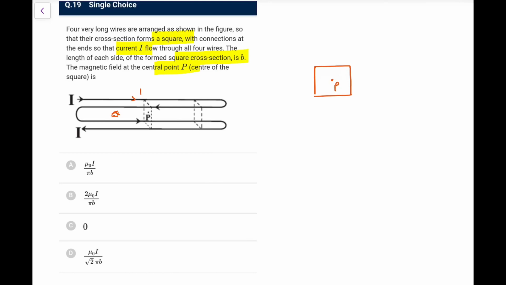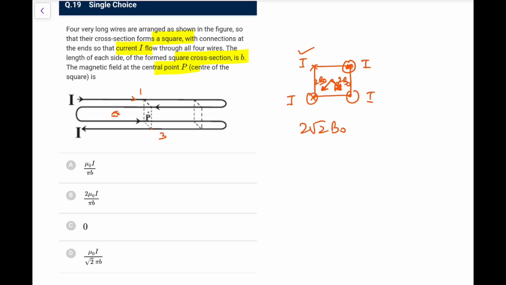This is the square. For this first wire, let's say the current I goes inside, and for the second wire it is coming out, so it would be like this. The third one is also coming out here, and the fourth one is also coming in here. So now what would be the field? First of all, due to the first wire, because the current is going inwards, the field would be somewhere here. For the second one, because it is going outwards, it would be somewhere here. For the third one, because it is going out, it would be again here, and for the fourth it would be again there. So what we can directly say, if this produces B naught, this would be 2B naught,